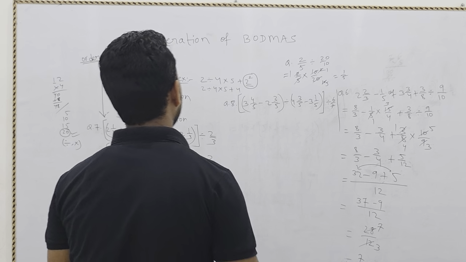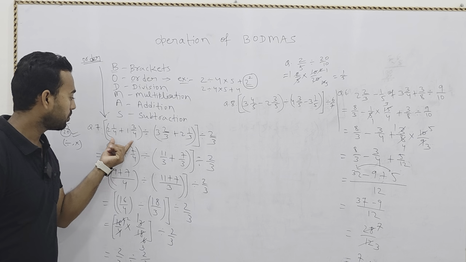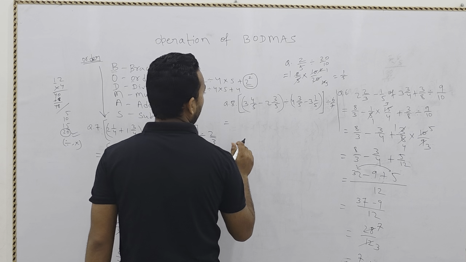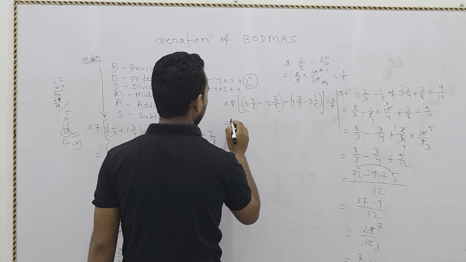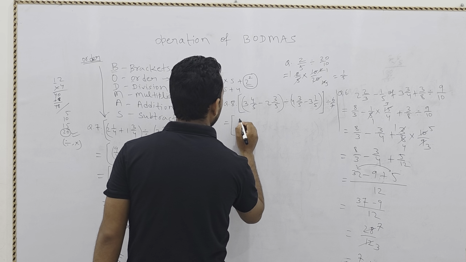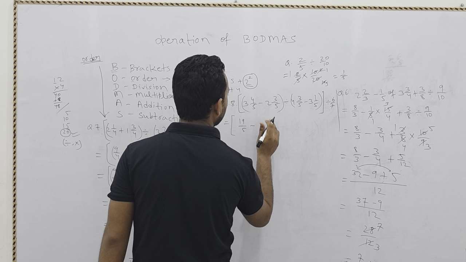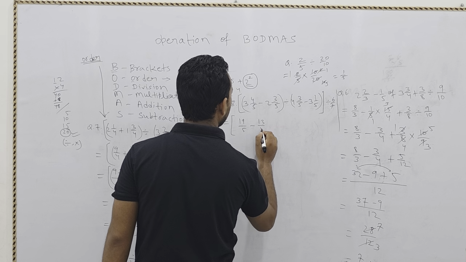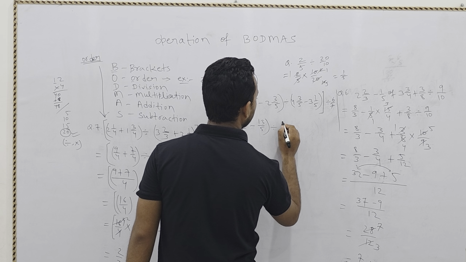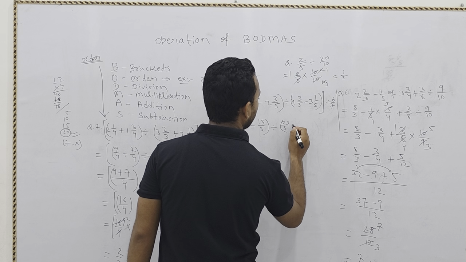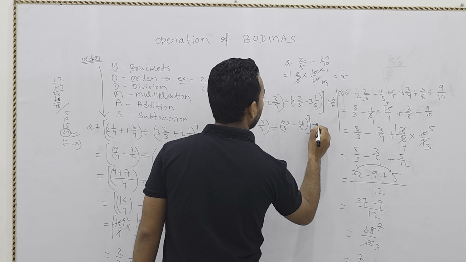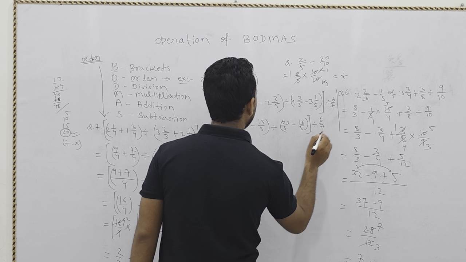Now you can see, first we solve under the bracket portion. Similarly we will do here. First we will convert this mixed fraction into a fraction. For this, 5 times 3 is 15, 15 plus 4 is 19 by 5, minus 5 times 2 is 10, 10 plus 3 is 13 by 5. Divide here 5 times 4 is 20, 20 plus 3 is 23 by 5, minus 5 times 3 is 15, 15 plus 1 is 16 by 5, divided by 6 by 7.